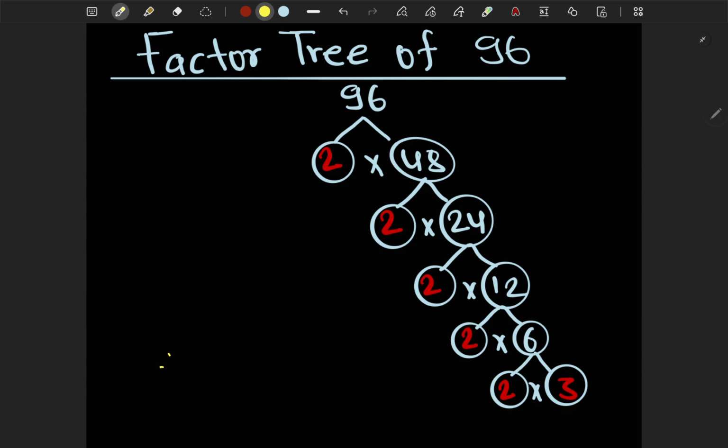So we can write 96 as the product of all the prime numbers, that is 2, 2, 2, 2, 2, and at last